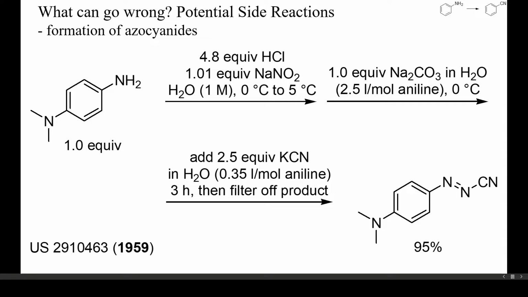As mentioned at the beginning of this video and as shown here, when diazonium salts are treated with a cyanide, in the absence of copper or other transition metals, a quick addition of cyanide to the N≡N triple bond occurs. The resulting azocyanides are stable and will have NMR spectra that closely resemble those of benzonitriles.